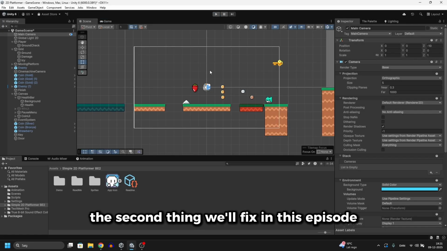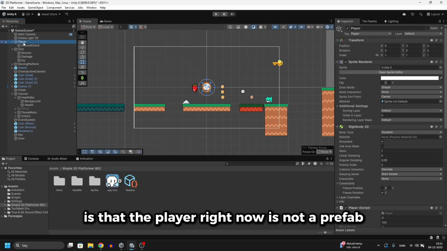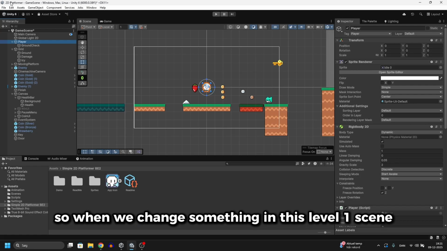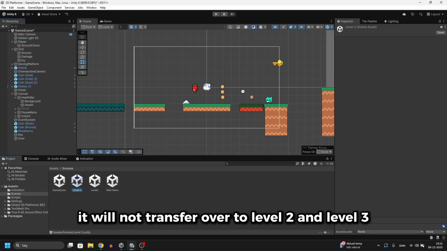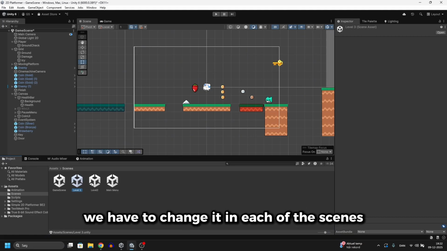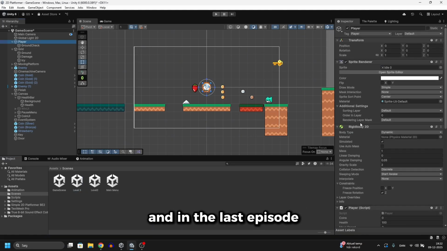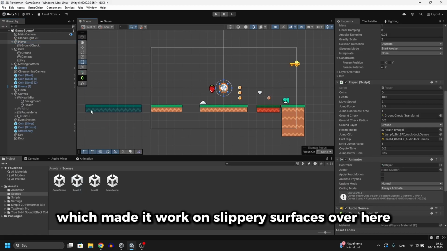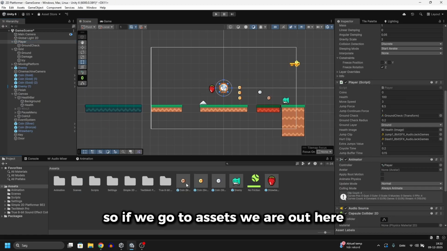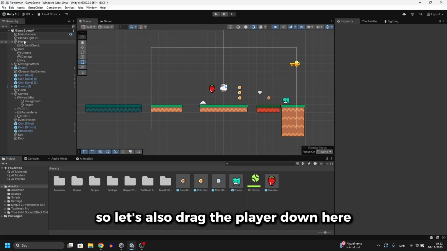The second thing we'll fix in this episode is that the player right now is not a prefab. So when we change something in this level 1 scene, it will not transfer over to level 2 and level 3, which is quite bad, because then we have to change it in each of the scenes. And in the last episode we changed some stuff with the player, which made it work on slippery surfaces over here. So if we go to assets, we have a few prefabs, so let's also drag the